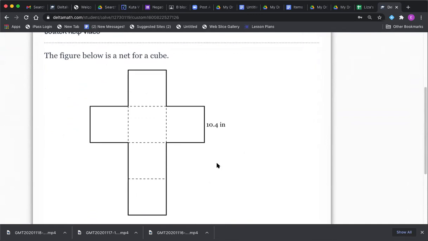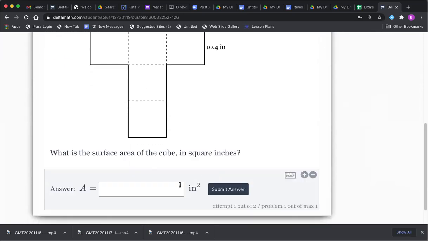So this one's actually a little bit easier for me to do, because if they're all 10.4s, all of these squares in here are all the same. So what I can do is just find the area of 1 square and then multiply it by, how many do I have? 1, 2, 3, 4, 5, 6. There's 6 of those smaller squares. So I'll just find the area of 1 square and multiply it by 6. So in this case, I'd have 10.4 times 10.4, because that's my base times my height. And then I would multiply that answer by 6. So I get